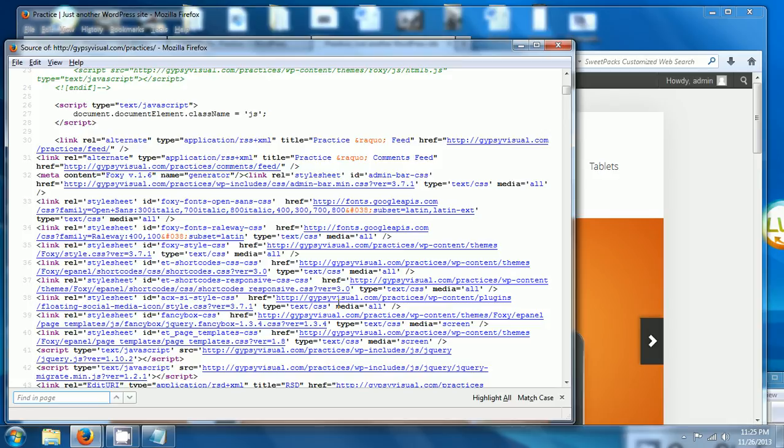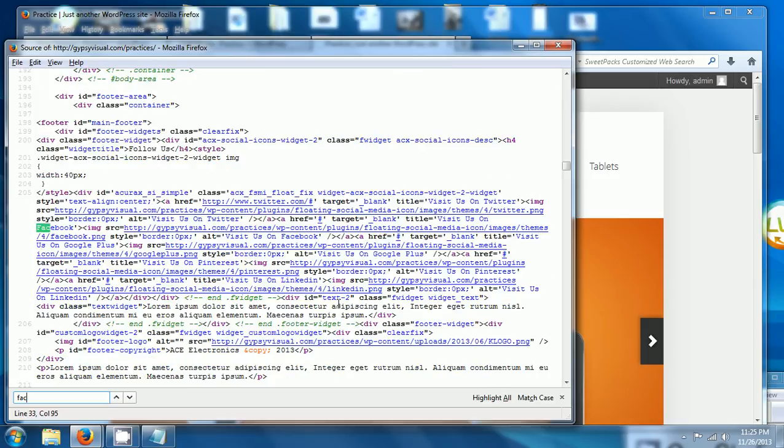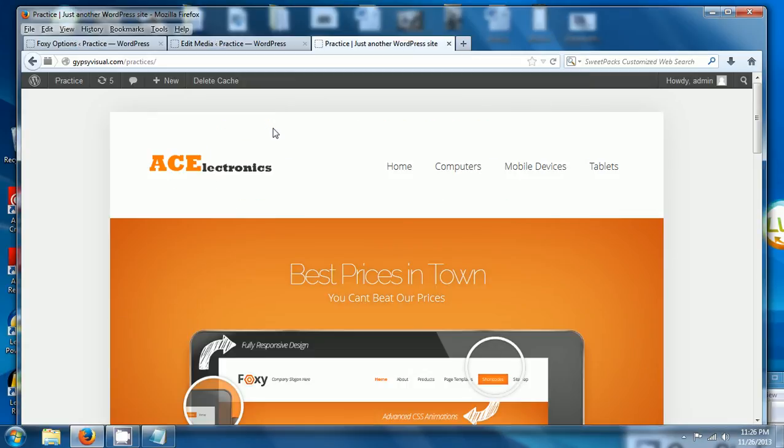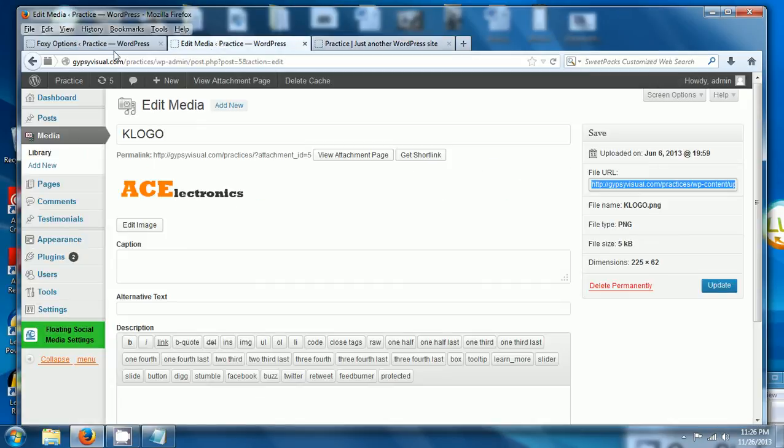and I want to find out where those social media icons are so I can change them, I'm just going to hit Control Find on Windows. I'm not sure what the hotkey is for Mac, and I'm just going to type in Facebook because I know that's one of the social icons. And if you come down here, you can see that it's under a div ID called ET Social Icons. So now that I know what div that is under, I can go to my custom CSS options,